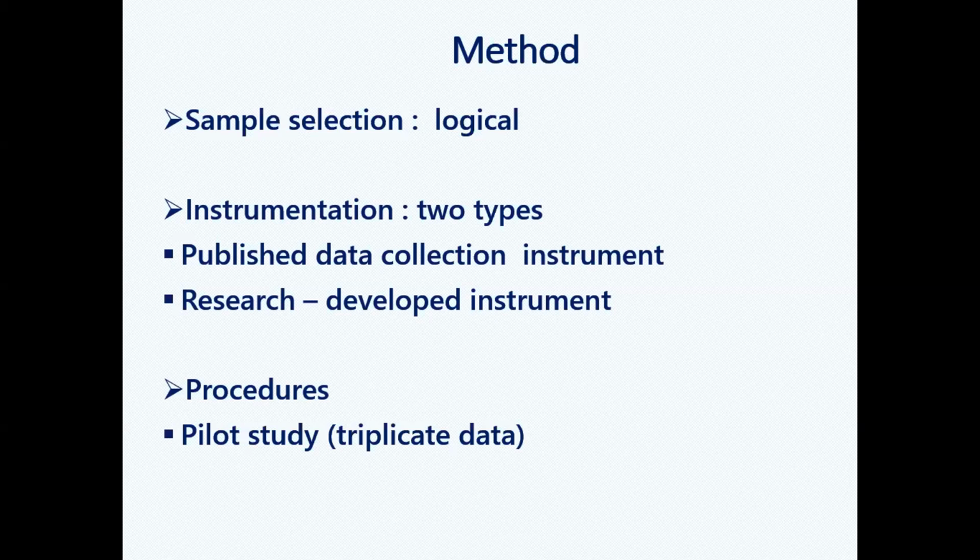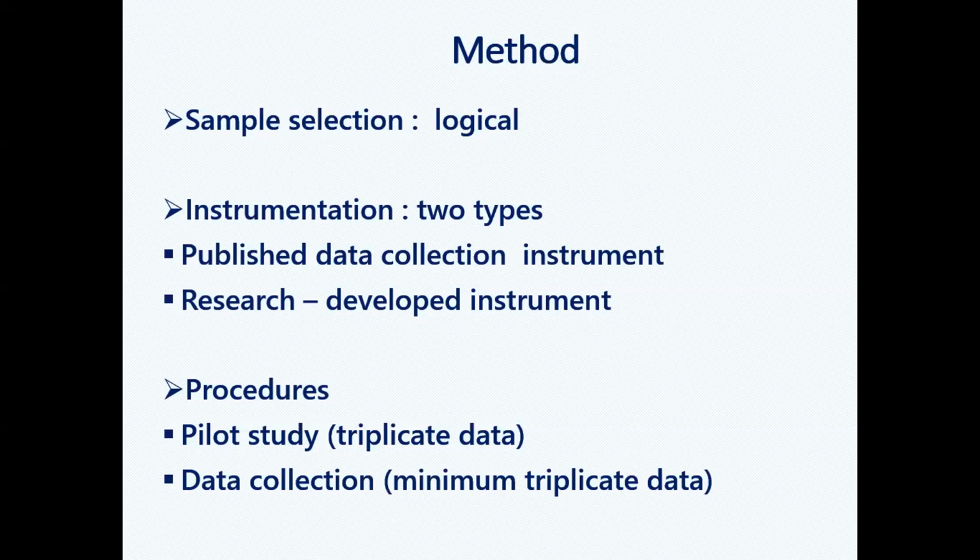So by starting your pilot study, by making triplicate data, you get a range for your data analysis, and then you replicate for data collection, making it a minimum of 3 replicates. Now what is this triplicate data and what is this minimum triplicate data? It means when you go for a pilot study, you have to take a minimum of 3 test tubes. But when you go for data collection of any method or instrument, there is a minimum criterion of triplicate. It should not be less than triplicate. It has to be more than that.